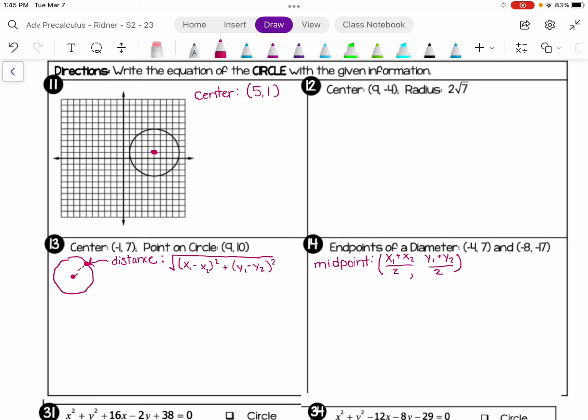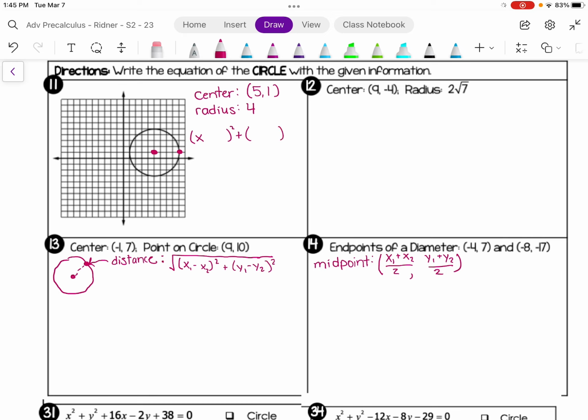And what is the radius? So count from the inside center to one of the outside points. They should all be the same, hence the word center. So you get a radius of 4. So if I plug that